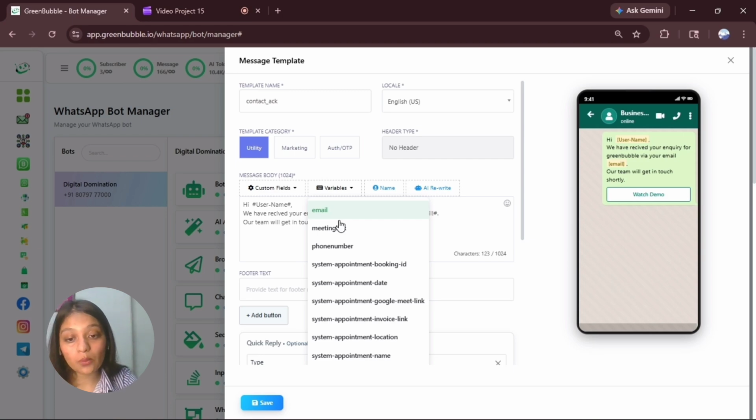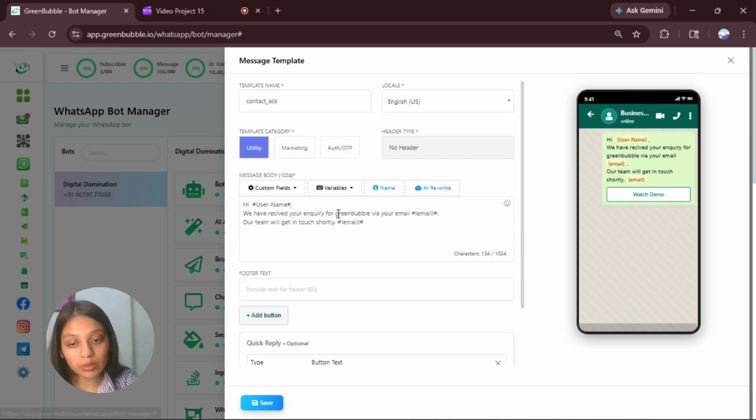So this is what to do if you want to add one yourself. We'll just click on variables, select the variable we want to insert, and then click. And then here is the email variable. So this is how we put variables in the content of templates. Similarly, the name variable, which cannot be changed and is pre-decided, we can just click it, and so here is a username variable.